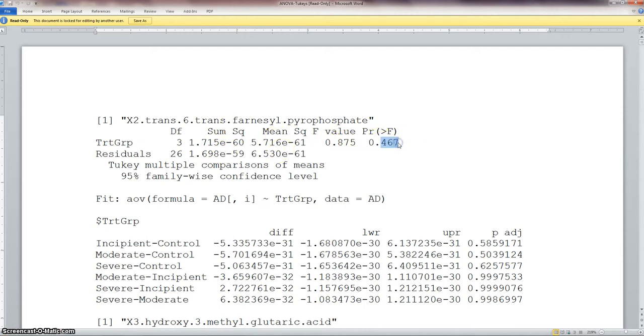So this probability is not significant. And so what we're going to continue to do is go through and then filter so that our report only has those that satisfy our threshold p less than 0.05. And then here we have the comparisons, incipient to control, moderate to control, severe, right? So this is the result of the Tukey's post hoc test. We have our differences between the means. Then we have our lower and upper